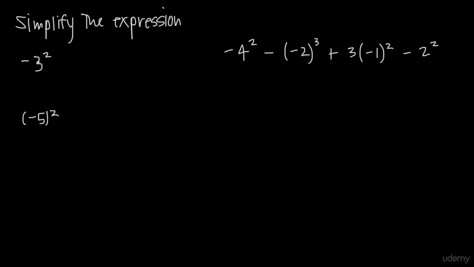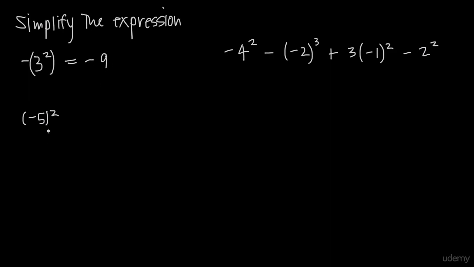Well, when we don't have parentheses around the negative 3, when we just have this negative and then the 3 squared, we essentially put parentheses around the base and the exponent, and we exclude the negative sign. In other words, we do the exponent first. We apply that first. 3 squared is 9, so we get 9,